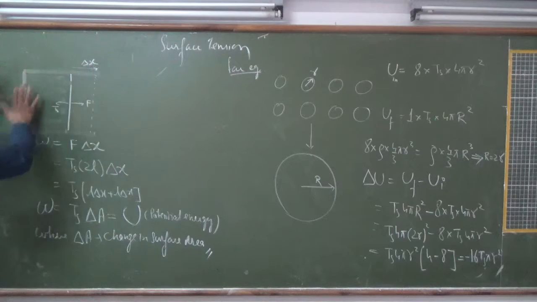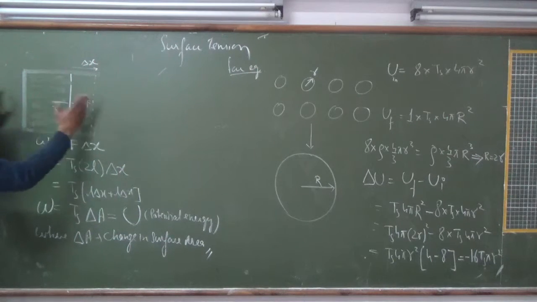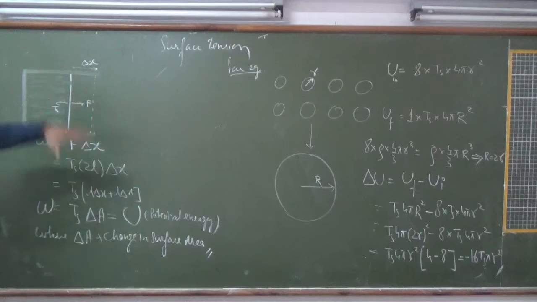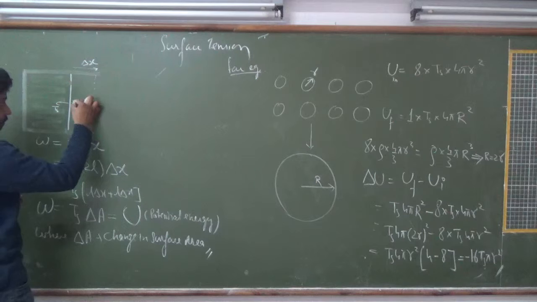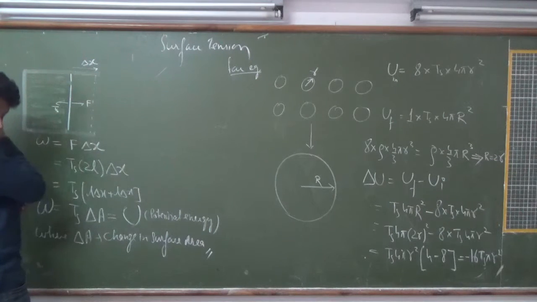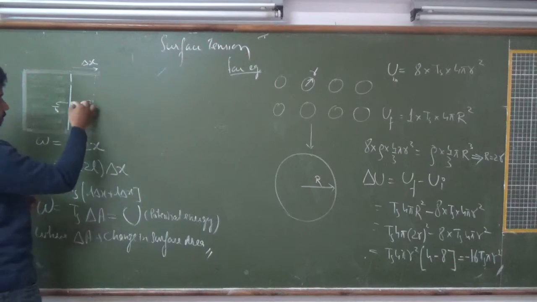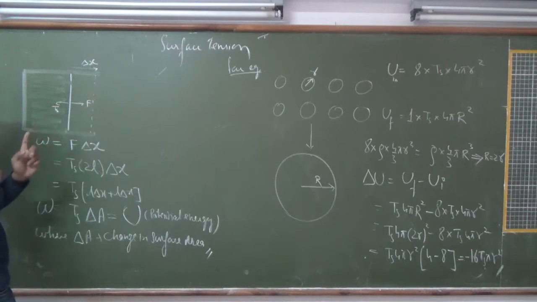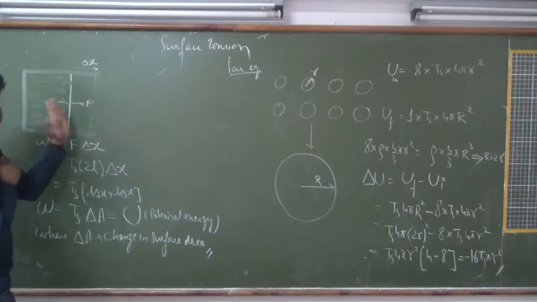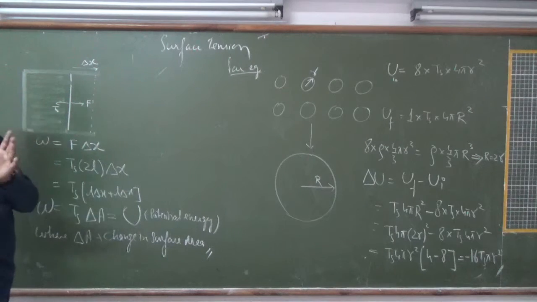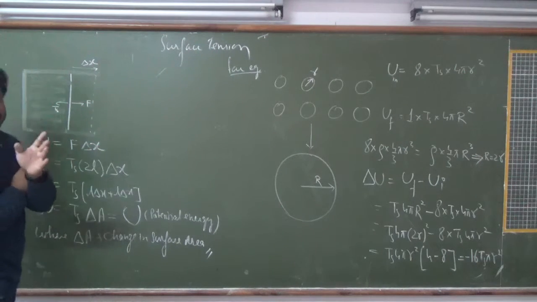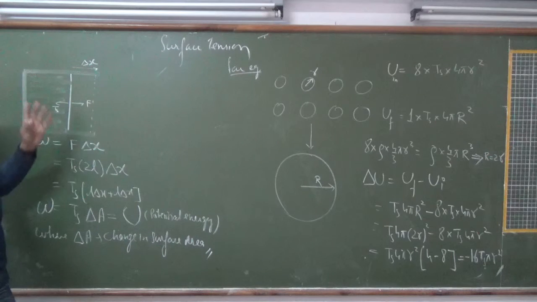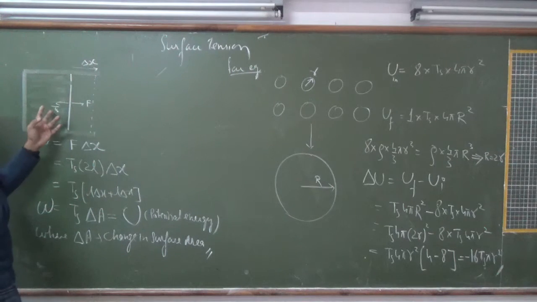I have taken a frame with a rod which can slide over here, put it inside a liquid, take it out, and you will find a membrane over here. Try to pull this F. Try to apply external force F. Once you try to pull it, immediately surface tension will start acting. Here the condition is pull it very slowly so that the velocity is almost negligible. That means you are not providing any kinetic energy to the system. That means the work force we are applying is almost equal to Ts.